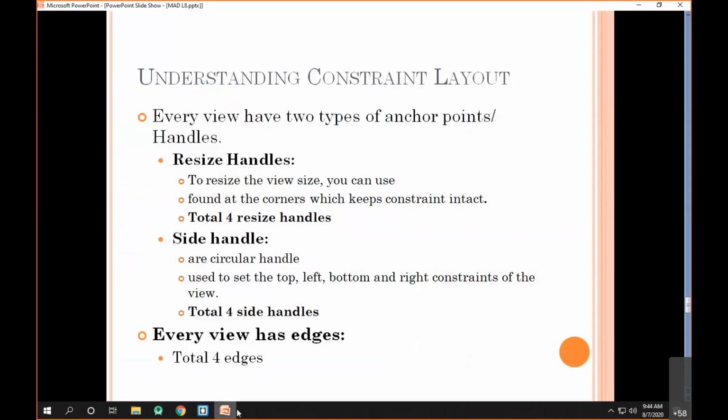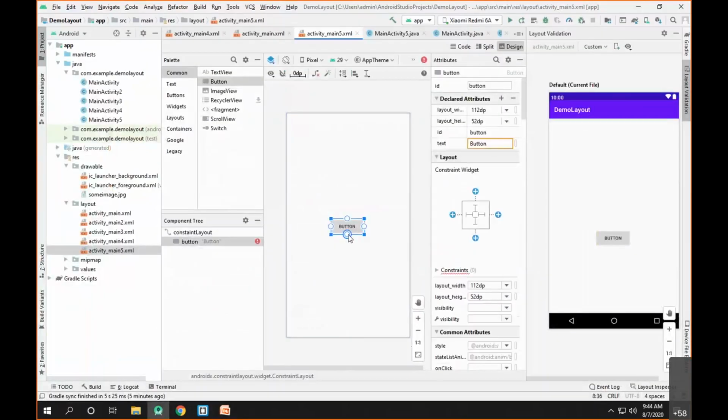So basically, if you can see here, if I click on this view, the handles which are shown with the help of a circle, these are called the side handles. So the corner handles are the resize handles, while the handles which are located at the side or which are shown by the circle are called the side handles.